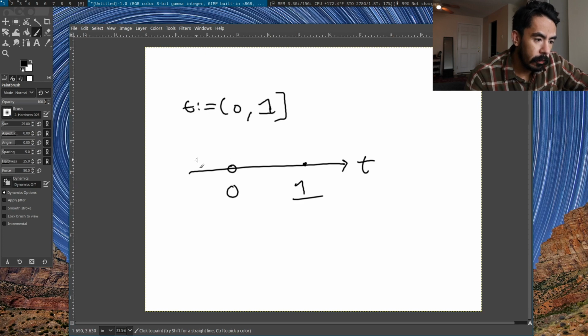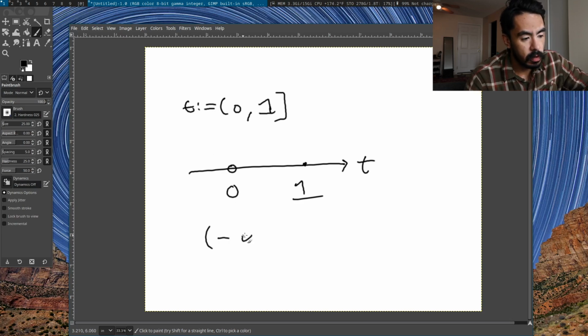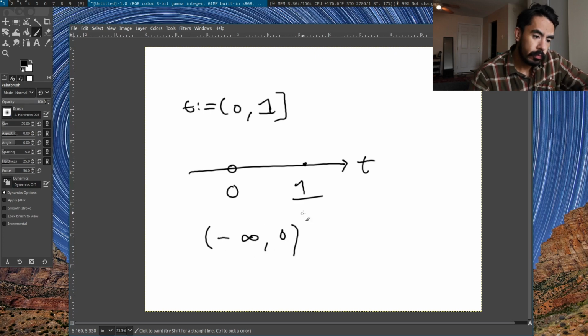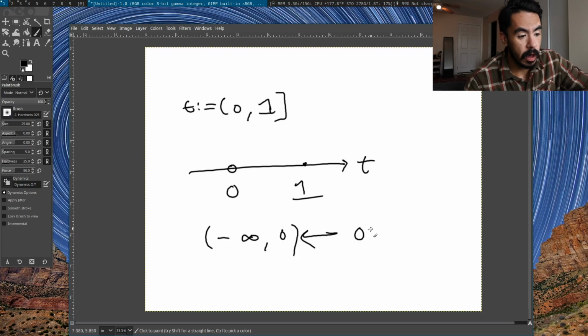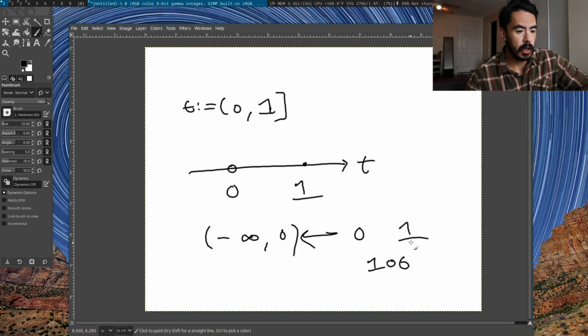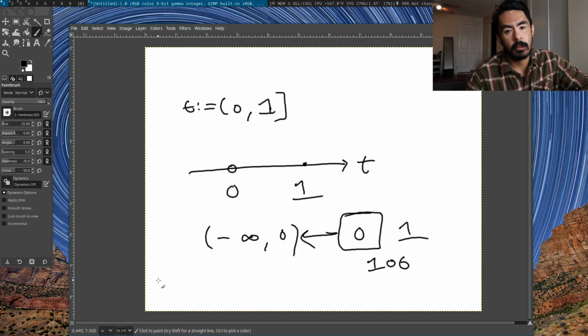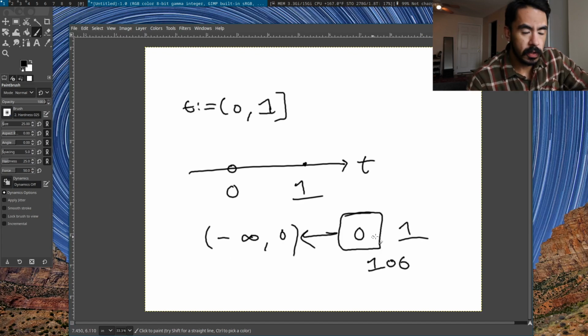So, you could say if there's a set here where 0 is the upper bound of the set, you could even just do this right here. 0 is an upper bound of this set. Or you could say that 1 is also an upper bound of the set. You could say 100 is, or 106, as I just wrote, perhaps even. That's also an upper bound of this original set. The thing is that 0 is the least upper bound of this set. And it's saying that,